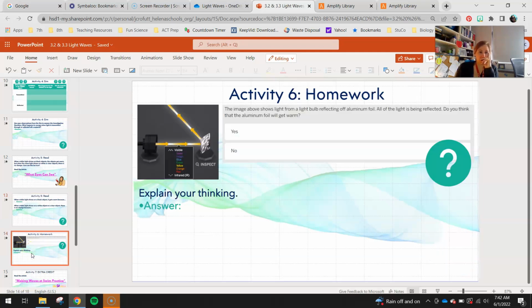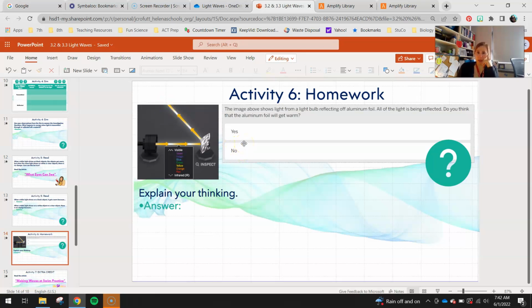Okay, really easy little homework to finish up. It's only one slide long. You guys are just revisiting this image from earlier. So now that we've done a little bit of exploration with what happens with energy, I want you guys to re-answer this question. If we have a light bulb shining on the aluminum foil and it's reflecting off,